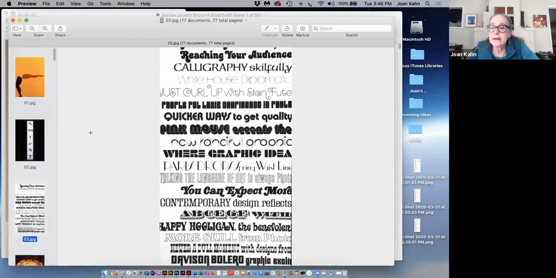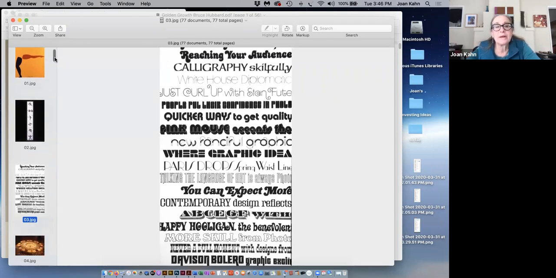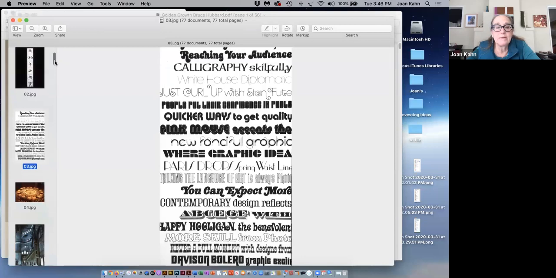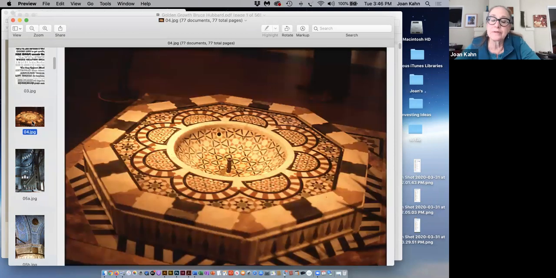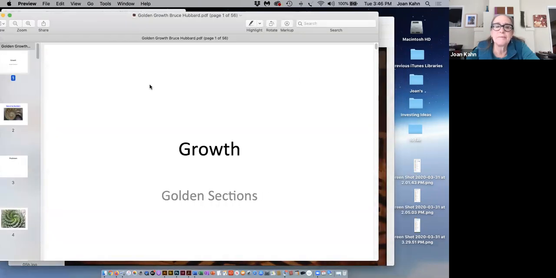So you can have type that also conveys an idea. In a way, the motif could be type. So you can use type if you want. You can use your initials, your letters if you want to make a motif, for those of you who are in graphics. This was, let's move this out so you can see the